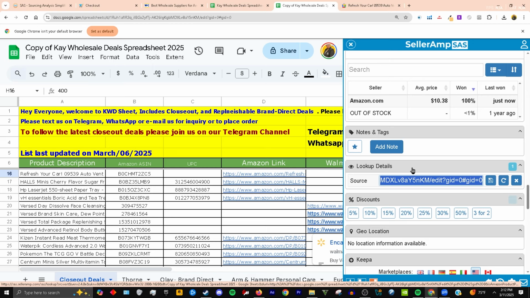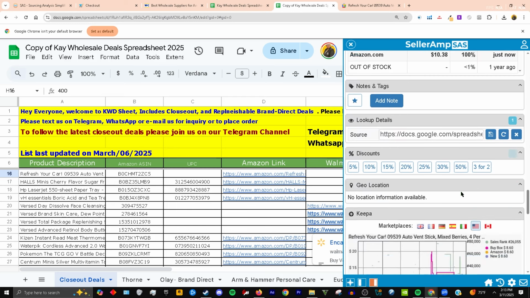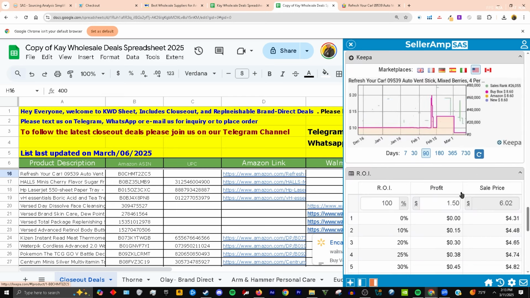What we could do, we could add the test link as well as the source link of where we're going to buy in bulk, and then we save them. And this is why you created your Google Sheets. We're going to export it to our Google Sheets, which I'm going to show you in a couple minutes. So that's pretty much all you really need to know how to do on Seller Amp,